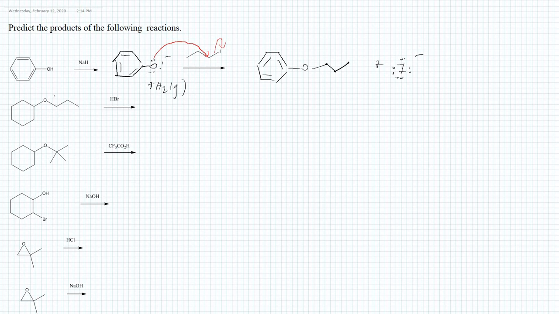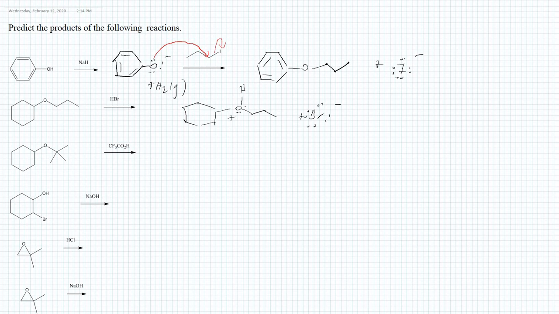So we expect that the ether oxygen is going to be protonated. Then bromide will act as a nucleophile, so we will have an SN2 type of reaction here. But let's write first. So we have cyclohexyl propyl ether. The first step is always a protonation. Then we will have the Br,